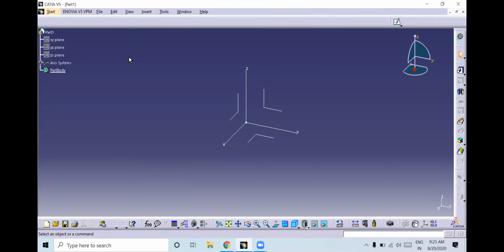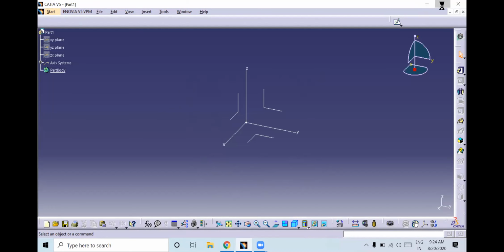If you don't practice this, it is very difficult to learn. ANSYS Workbench I am going to explain after this. That is comparatively easier, because I am going to show it as per your project. With respect to your project, I am going to explain the ANSYS Workbench. But when it comes to CATIA, you have to practice, otherwise it is difficult. Now we have entered into Part Design.